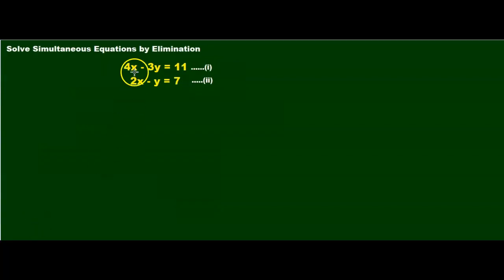Let's try another one. Again, we don't have an easy elimination. We have to either find or get rid of our x's or our y's, but it's not immediately clear how we do that. So we have to either multiply my equation 2 by 2 to get 4x's, or equation 2 by 3 to get 3y's. So I'm going to go ahead and multiply equation 2 by 2 so that I get 4x minus 2y equals 14. I'm going to call that